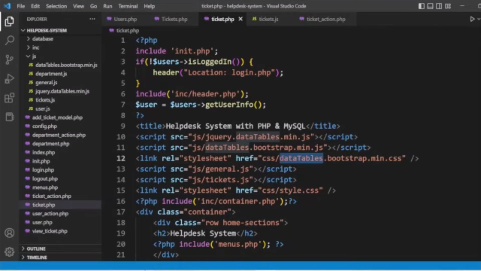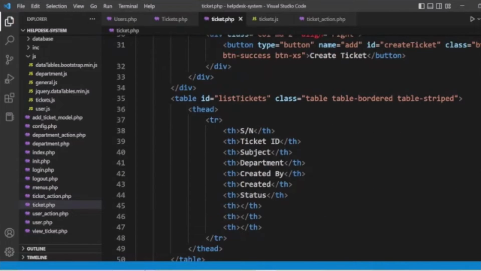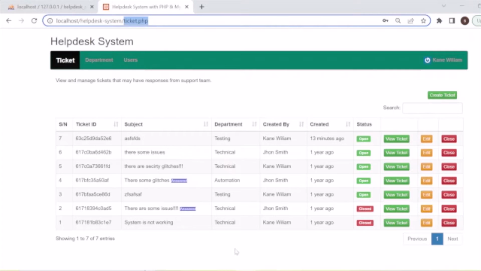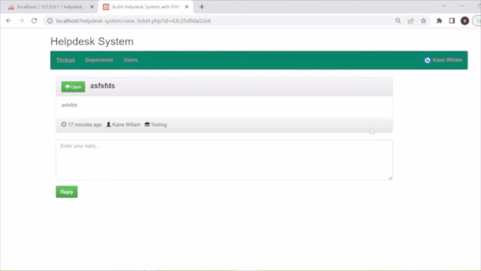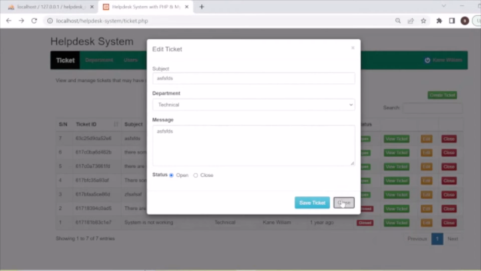So all these files, including tickets.js, are included in this page. Finally, the details are listed here. You can see the details of the tickets listed here. When we click on view ticket details, the ticket details are displayed, and here we can edit the details, create the